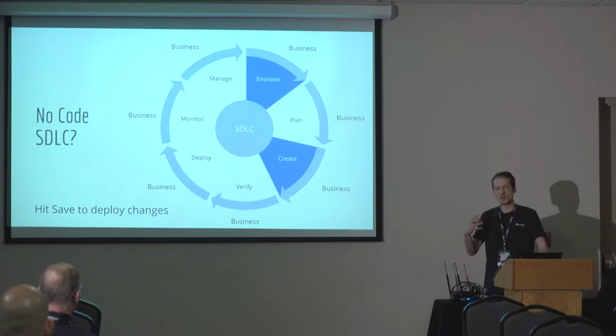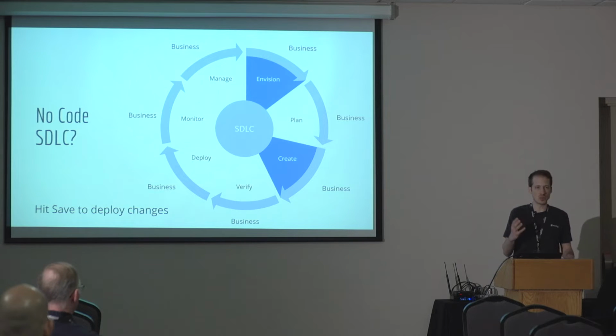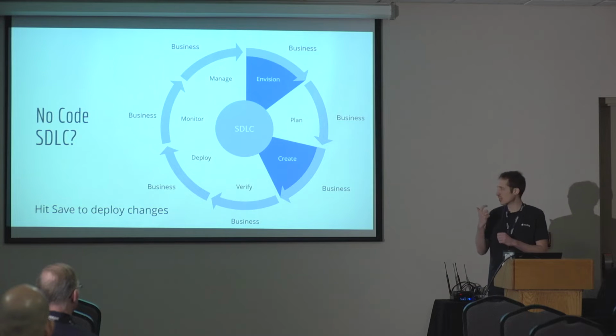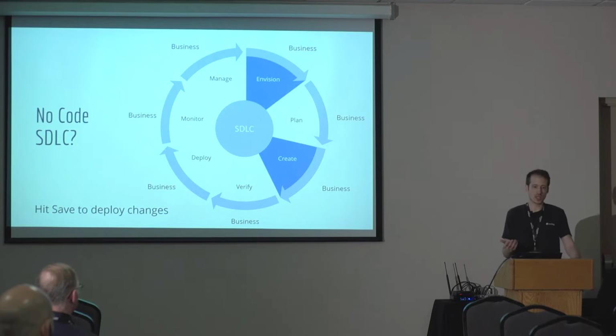Now, of course, if you've been working with low code, some organizations are doing this very professionally. Some organizations are using the traditional SDLC for low code, but this is really not the majority, and this is really not pushed by the platforms. Hit save to deploy is pretty much the mentality in most of these platforms. You build an application, you click save, like I just showed you with Zapier, with the Slack automation. Once I complete it, I hit save. This is in production. This is running. That's it. I don't need to do anything else.